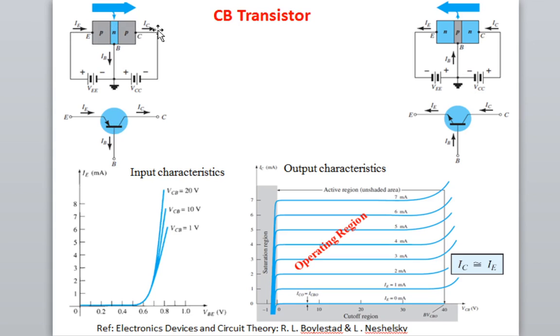So in order to flow some collector current, we must have some input current IE. In order to get some IE, we have to increase the voltage. But here we will not measure in terms of voltage, we will measure in terms of IE. So we fix, let us say, IE at 1 milliampere, and then you increase the voltage VBC and measure the current. So this characteristic will be something like that.